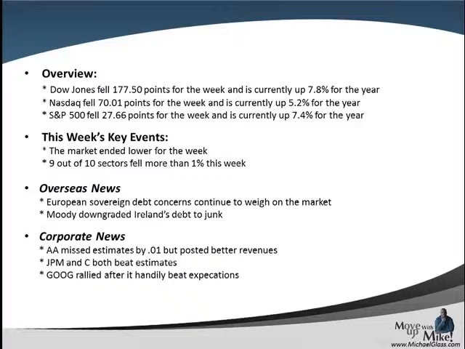Stateside, we have our third quarter of earnings kicking off here. Alcoa kicked it off on Monday by not missing its estimates by 1%, and it posted better than expected revenues. JP Morgan and Citi both beat expectations, but it happened on a down day, so they didn't really reap the rewards. Google handily beat their expectations, showing that all the money they've been spending on various avenues has actually worked out. And I think they said over 500,000 Android devices are activated every day.